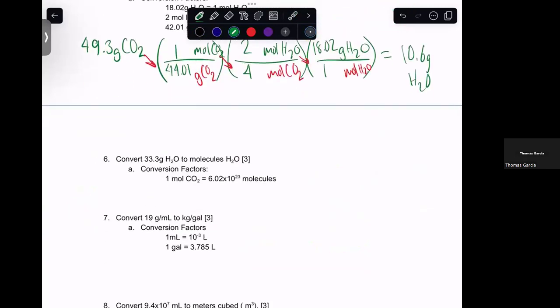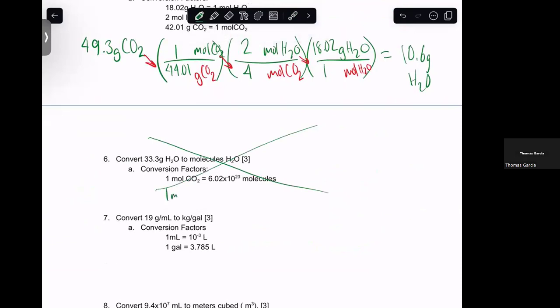Number 6, I took out of the test because I made a mistake. I gave you the wrong conversion. The conversion I need to give you was 1 mole H2O is equal to 6.02 times 10 to the 23rd molecules H2O. And what I could have actually even given you was just 1 mole is 6.02 times 10 to the 23rd. The reason this would have worked is because you can convert